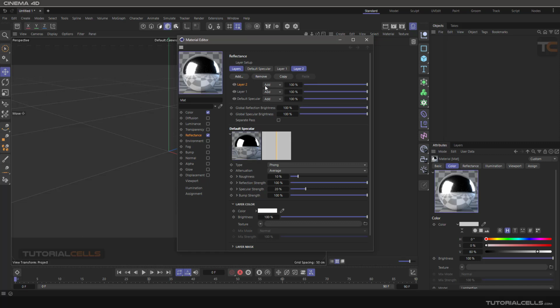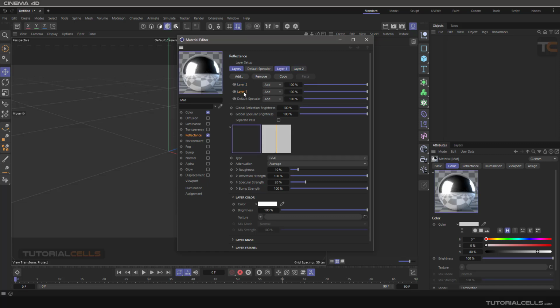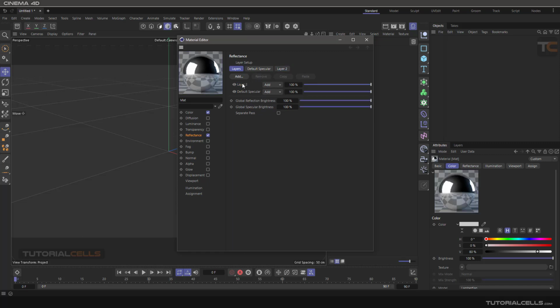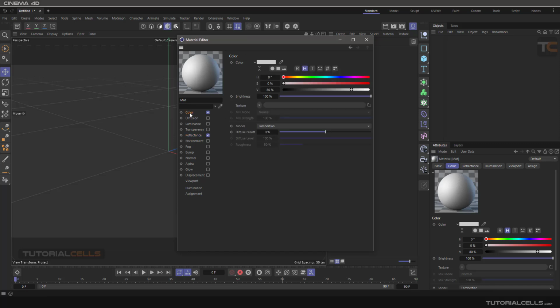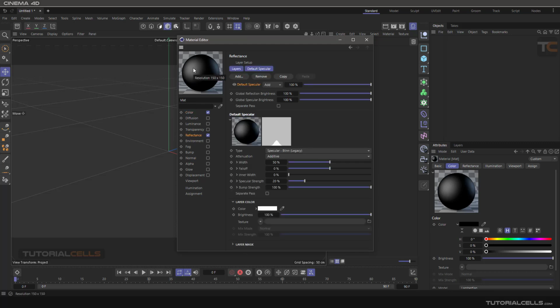So you can add to default. You can copy them, you can remove them. We have lots of layers here, but the first layer that you can see is the default specular. You can see it better here. For better seeing that, you can go to the color and make it dark. You can see the default specular from the lighting source here. And from here, you can change the strength of that,